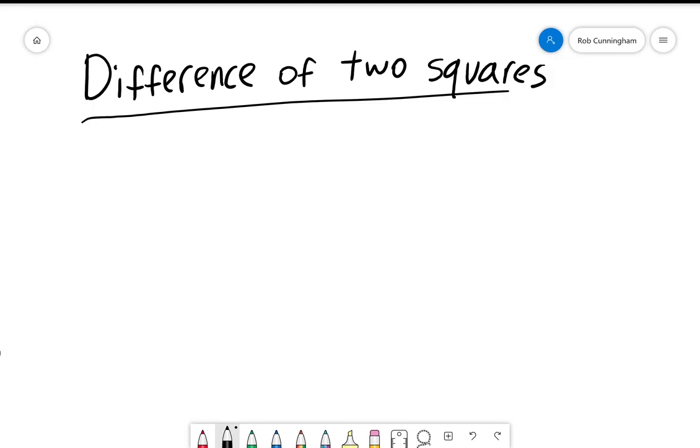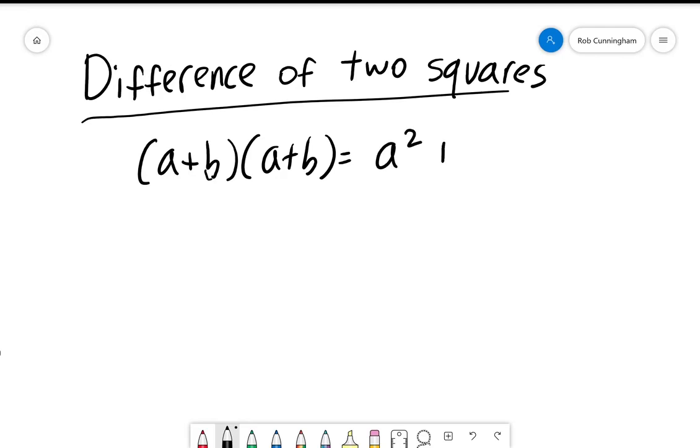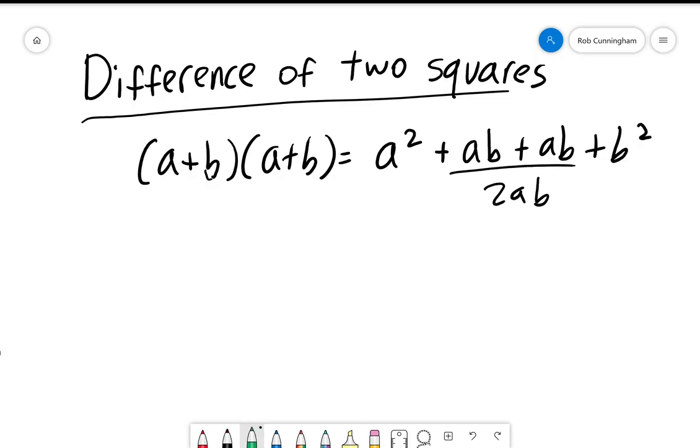Just like when you had the perfect square, if I had a plus b times a plus b, we got a squared plus ab plus ab plus b squared. This is where the 2ab comes from. Again, first, outside, inside, last. Okay, so it's a slightly different story